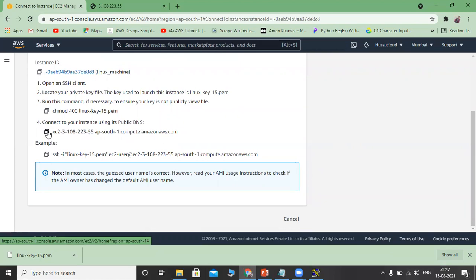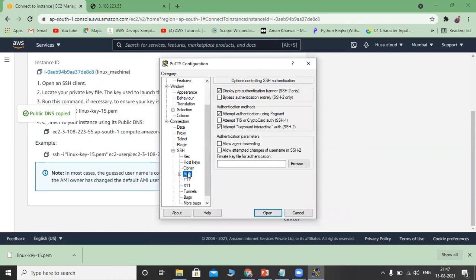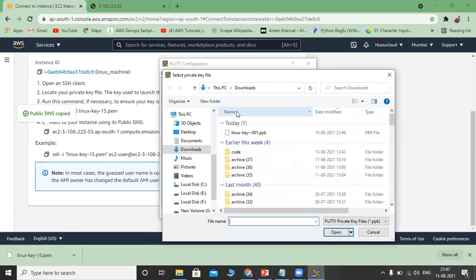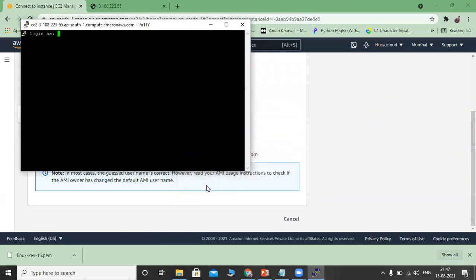Okay, copy this one, then provide it here, and then go to SSH, then the Auth section, browse, Linux key, Open. Yes. Oh, it is showing login as.